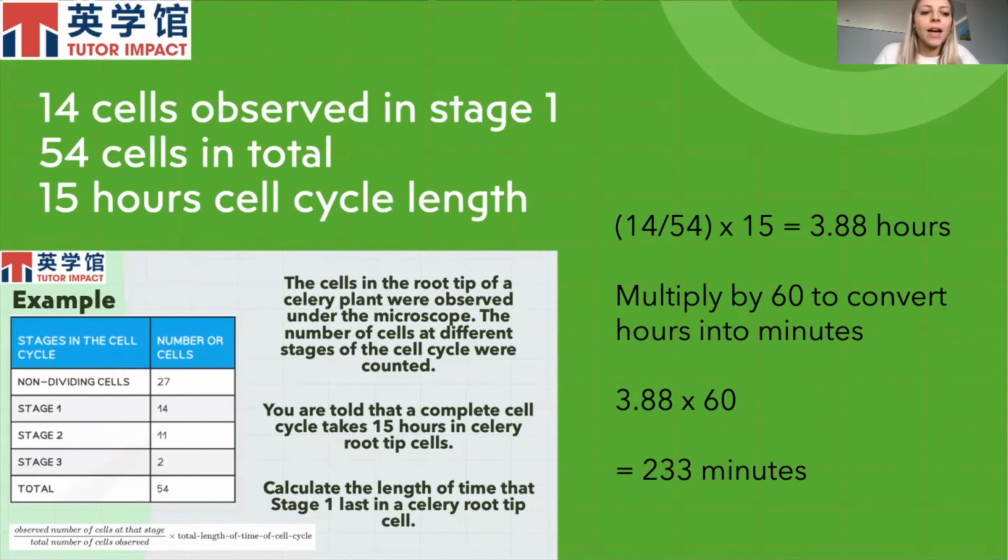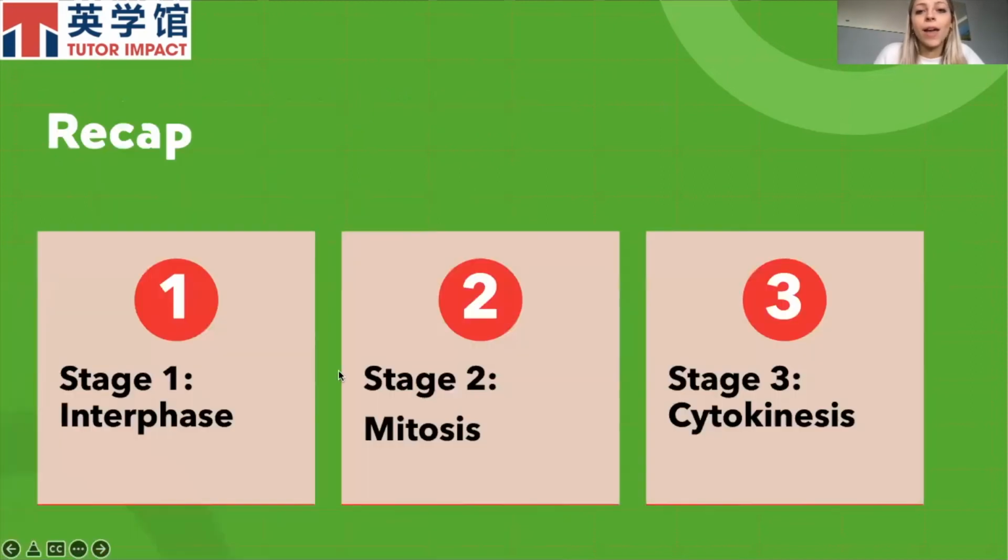So now we've done that, we are going to move on to a recap of what we've looked at today. So first we looked at the cell cycle, which, as I said at the beginning, is a series of steps that the cell has to undergo to divide. And mitosis, as we said, is just a step in this cycle, and it's the stage where the cell divides. So even though the process is commonly referred to as mitosis, mitosis is just a step in this whole cycle of the cell cycle. As we discussed, there are also 2 other stages in this 3-stage process, and we have